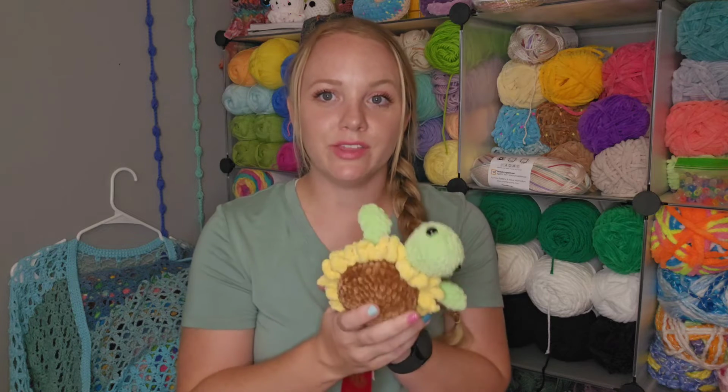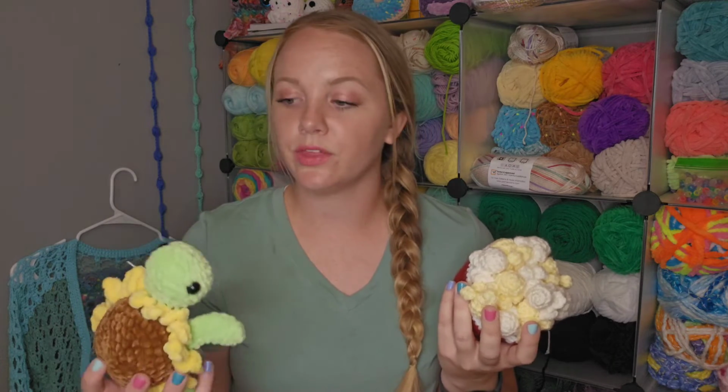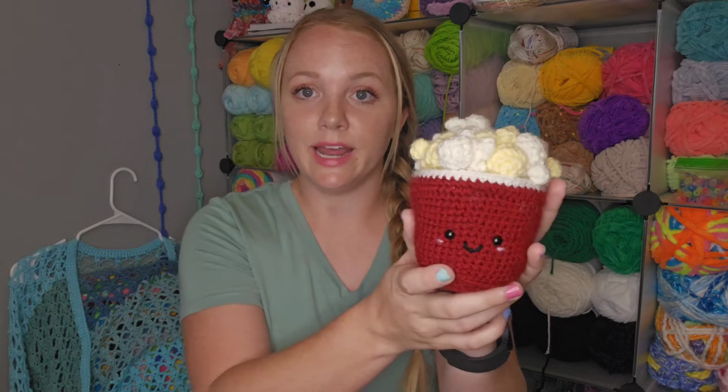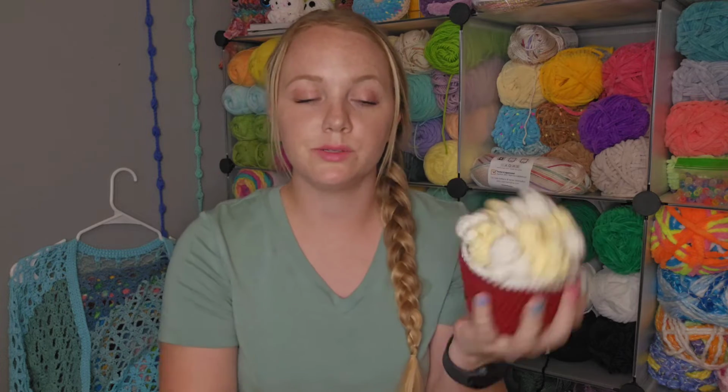I was debating on entering this or a little crochet popcorn. I'll go get it real quick. So the other item I debated entering is this popcorn. You could only enter one item per category, and so I decided to go with the turtle just because it's brighter. They have these in a case, and I wanted it to show up really well for people to see. This is showing up really well right now because my light is on it. But if it's just sitting in normal light, it's harder to see. This is a darker red, so it's harder to see the face. I know the popcorn part is bright, but